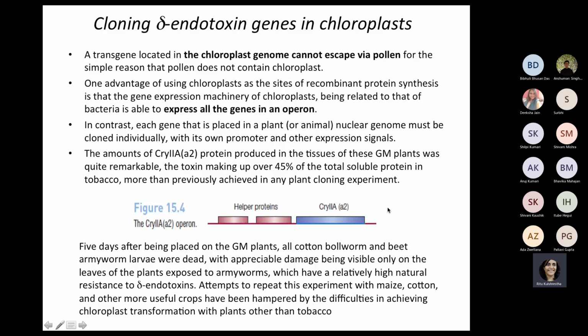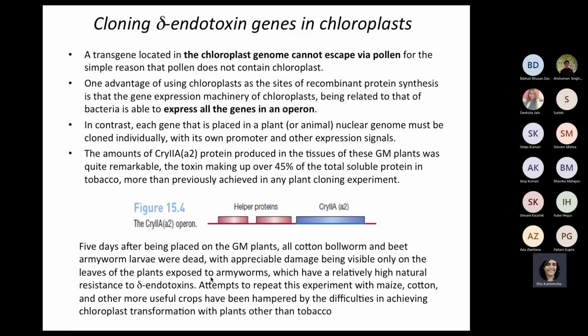And when they compared this transgenic plant, in this case it is Bt tobacco that they had made, to the wild type, they found a huge difference. You can read all this: when they compared, the larvae were dead in the transgenic plants, while there was a lot of damage in the